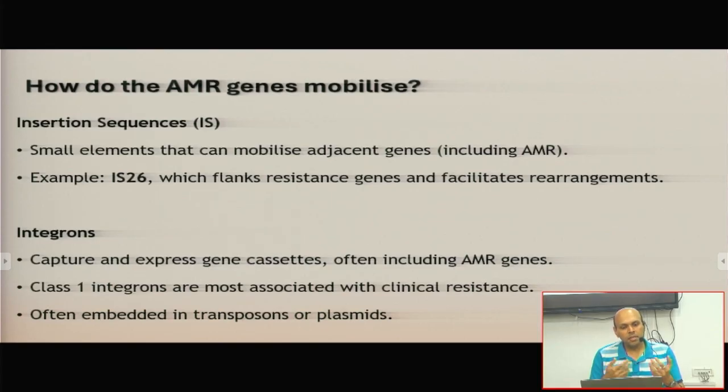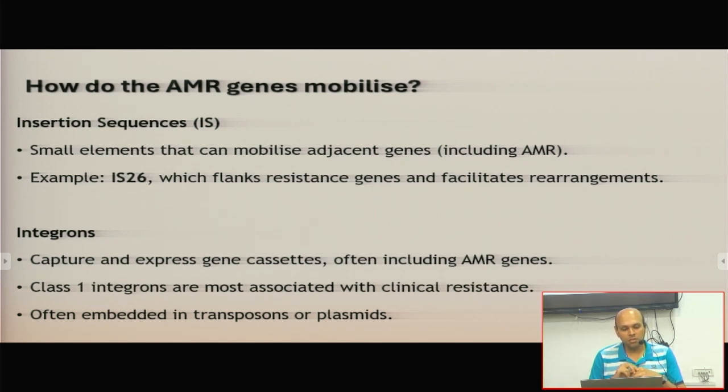Insertion elements I already told you about. So IS26 can flank resistance genes and facilitate rearrangement. Then you also have integrons. Integrons were discovered by Ruth Hall, if you don't know. Ruth Hall was a professor at the University of Edinburgh. I'm not sure if she was my supervisor's student or not, but she was at Edinburgh University when she